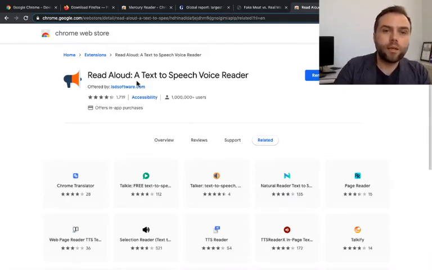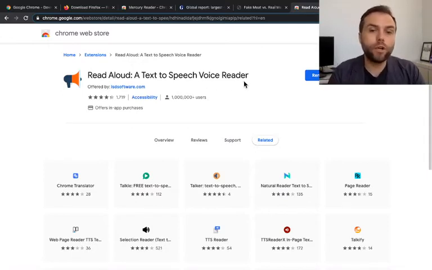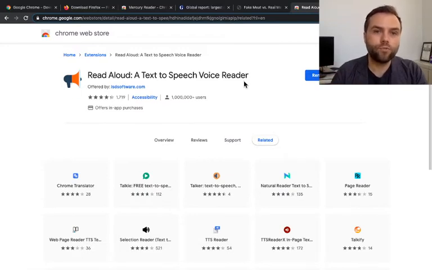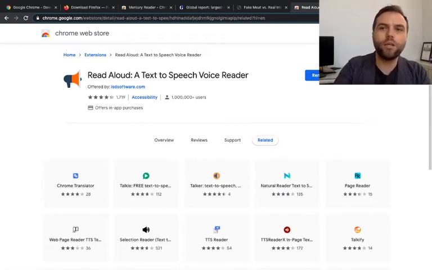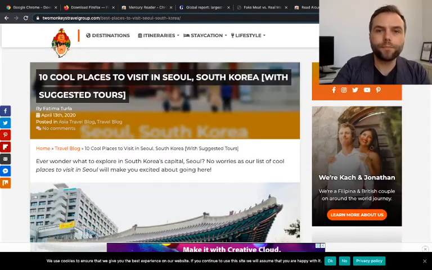Now, this is a text-to-speech voice reader, and it does what you can imagine. It takes the text from a web page and it turns it into audio, spoken, kind of computer-generated recording. It works really well, actually. These text-to-speech generators are getting better. The sound is better. 10, 20 years ago, it used to sound very robotic. But let me show you an example of this. Okay, so